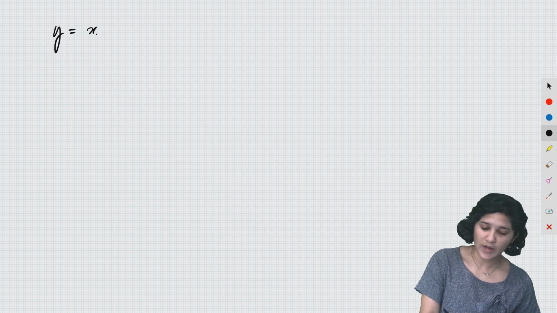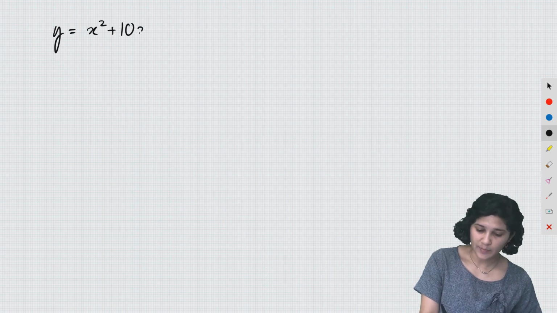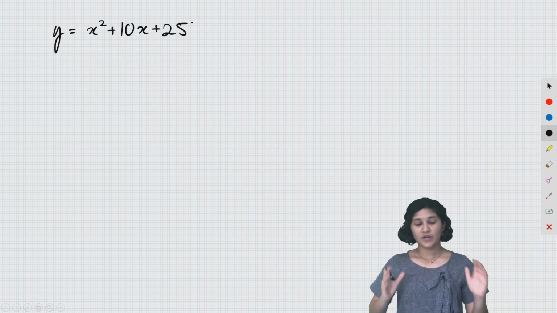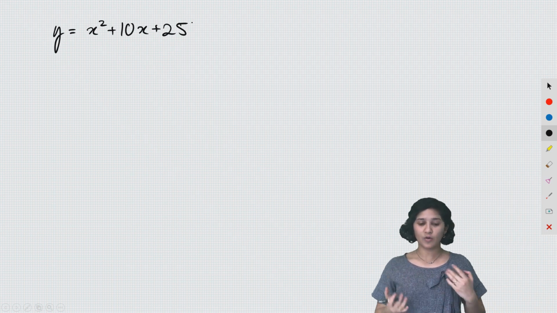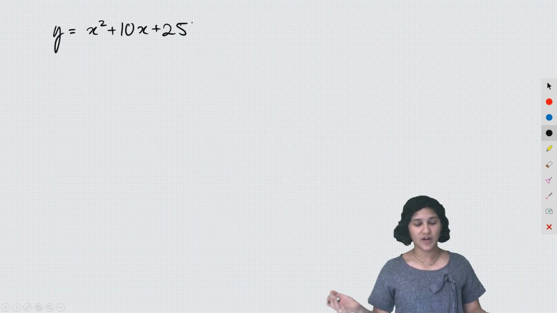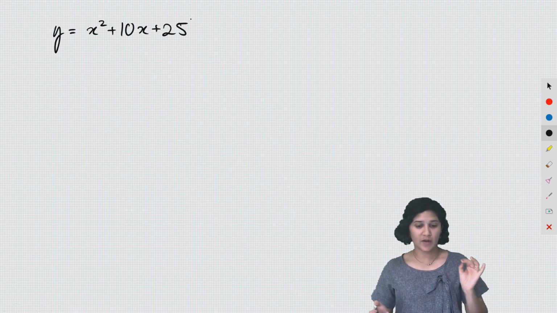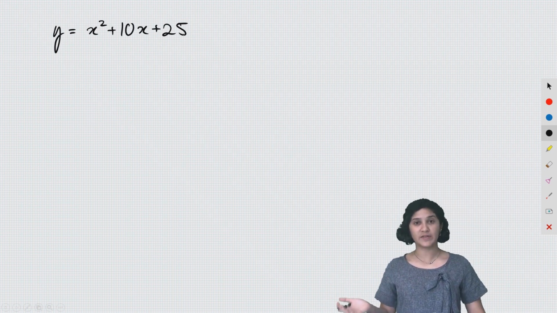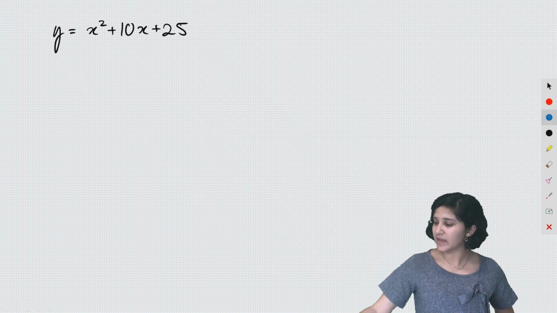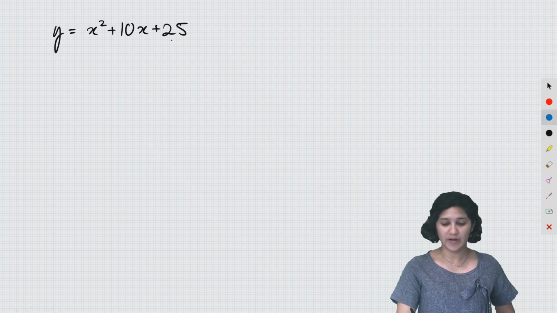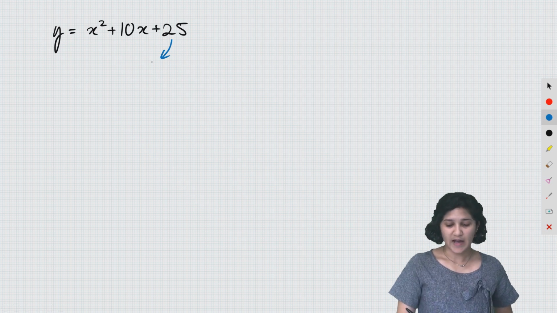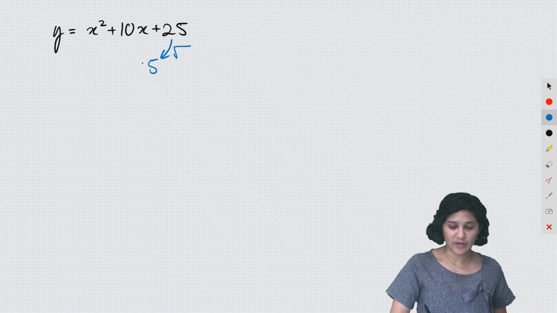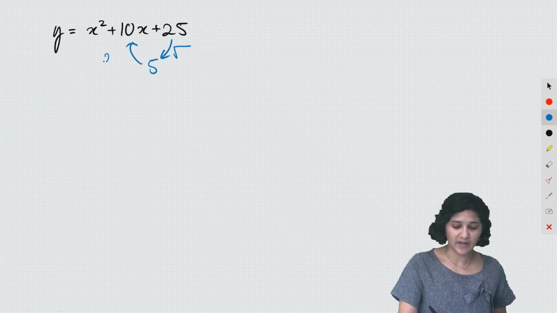So factorize y equals x squared plus 10x plus 25. So when I see this quadratic, I could do my product sum factorization to try and factorize it, but the first thing I would actually see is that this is a square number. So 25 is 5 squared. And so I would think to myself, is this a perfect square? So the square root of 25 is 5. And then double 5